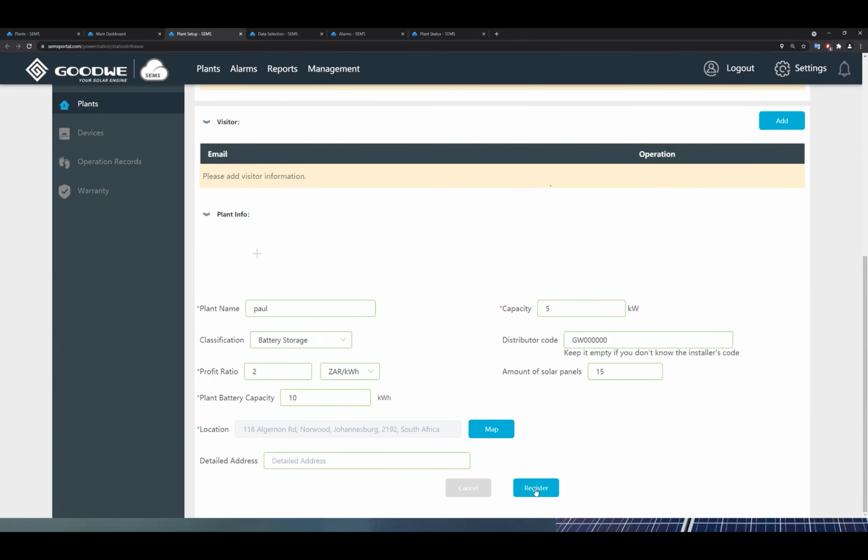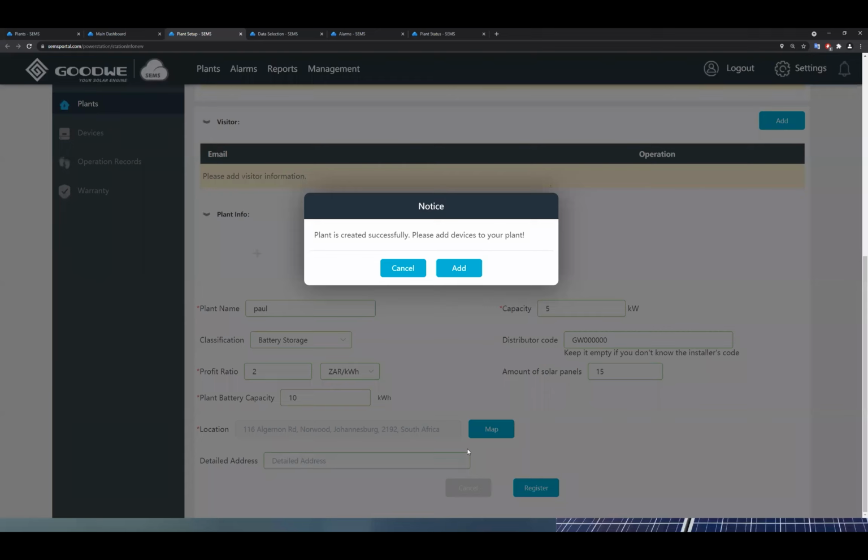So after that, we can just hit register. You'll see it then prompts you to add devices. You can add a device now, so you can automatically click add. It will take you into the devices section, and then we can add the device. But before we go there,